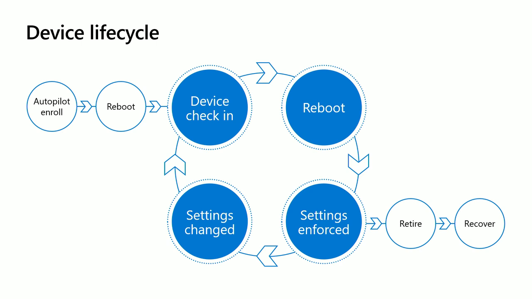Now, when you're done with a device and you actually want to take it out, there are two important steps to consider when it's managed with DFCI. The first is just plain retirement. As I mentioned earlier, whatever state you want the device to be in when it leaves management, make sure you've set a DFCI policy in that state. Typically, that would mean creating an exit policy that has everything enabled, or whatever you want it to be. Because again, if you just hit the retire button in Intune and wipe it out,